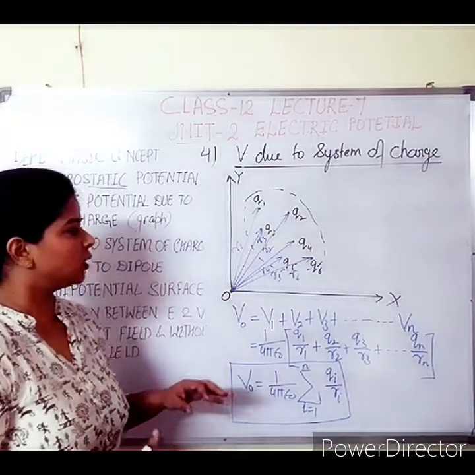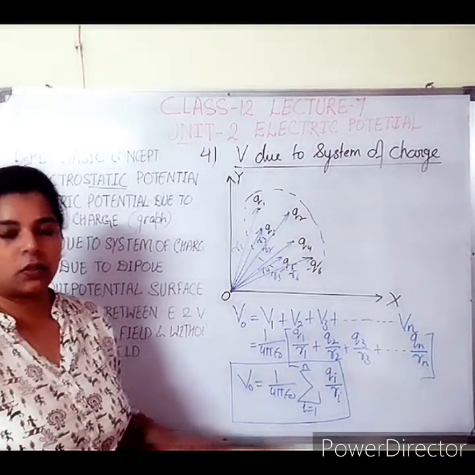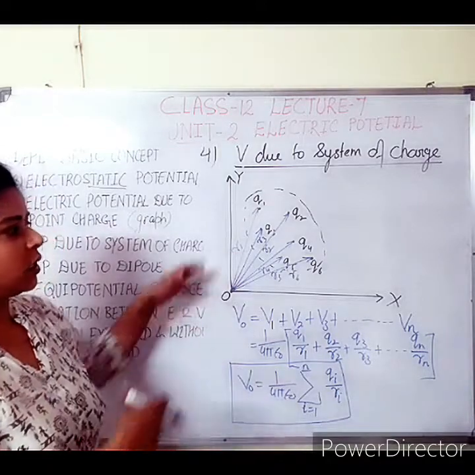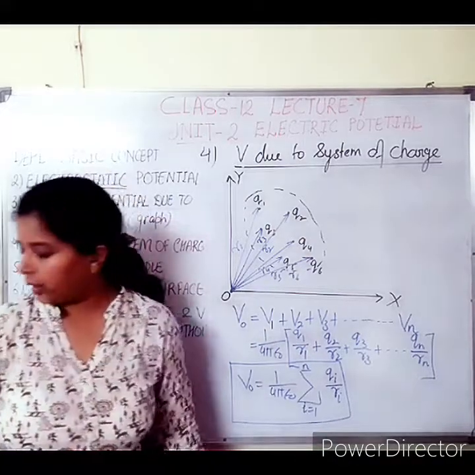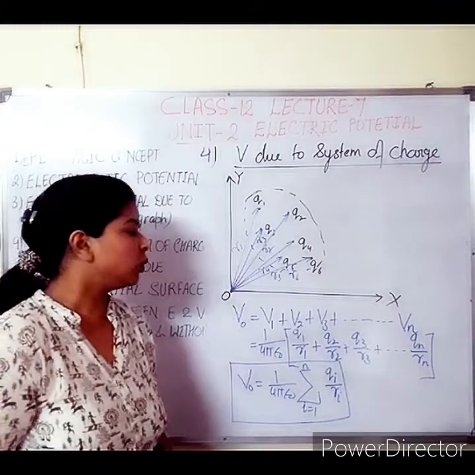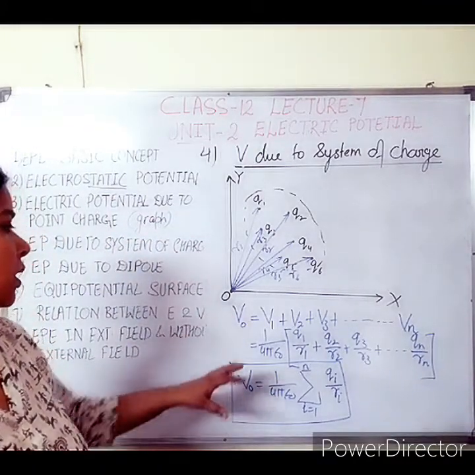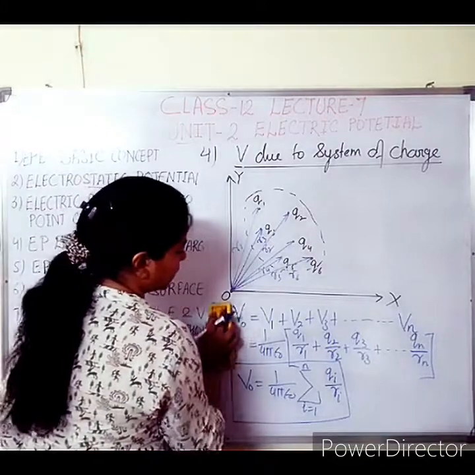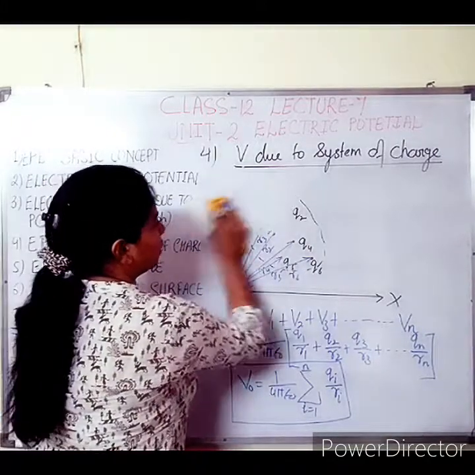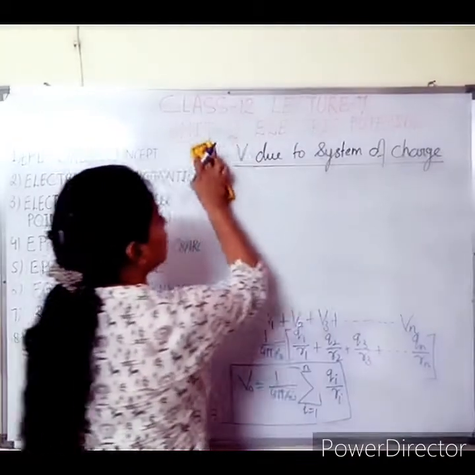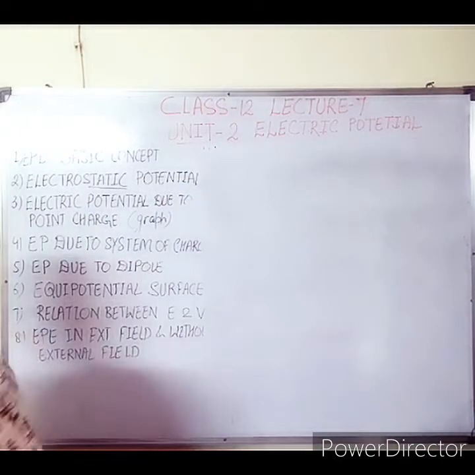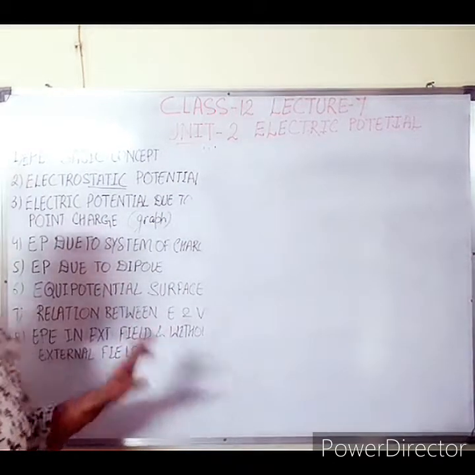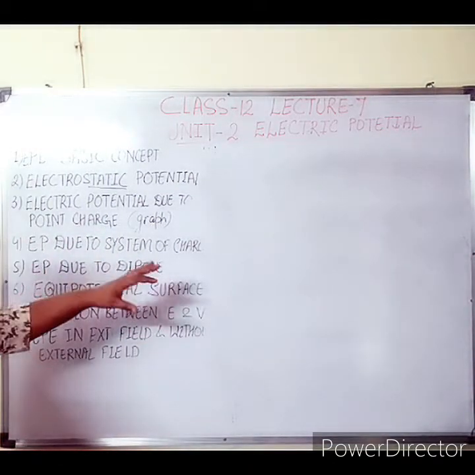In many numericals you will see that a system of charges is given and you have to calculate the potential at any point due to many charges, 2 charges, 3 charges, 4 charges. So you will apply the same steps and you can easily calculate the electric potential, but keep in mind that you have to apply the sign of charge in the formula. Whenever there is a plus sign, you will apply the plus sign. Whenever you get the minus sign in the question, you will apply the minus sign of the charge. This you don't apply in the case of the superposition principle in the electrostatic field, because in that case we take the direction. Okay, now this fourth point is done.